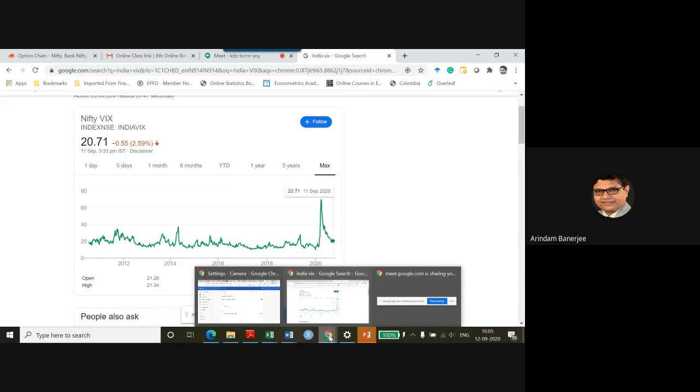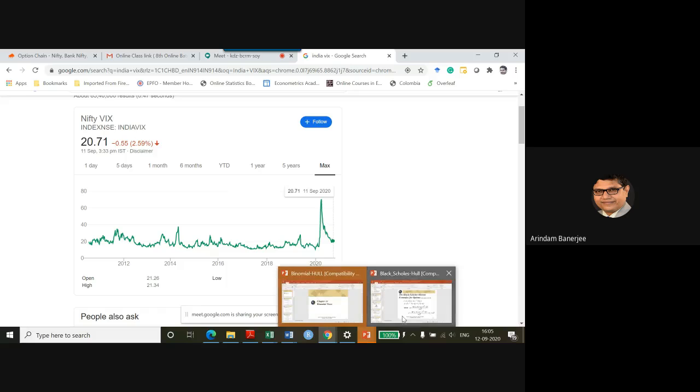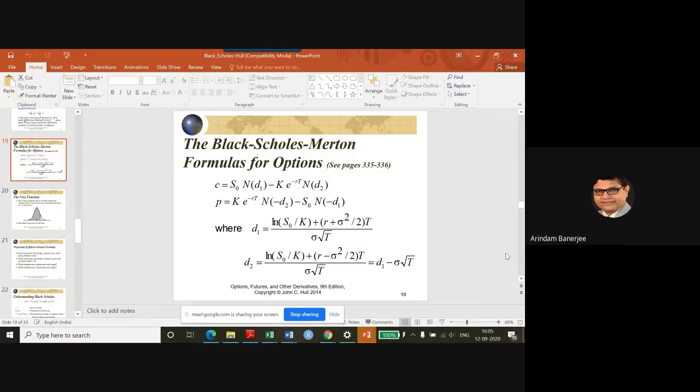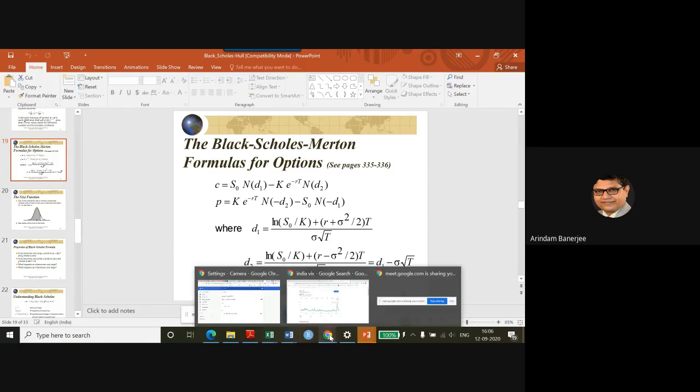So, coming back, can we use this number as input to the Black-Scholes model and calculate the premium for any given strike and time to expiry? Yes, we can do that. We will do that. So this is the Black-Scholes model, we are coming back to that. This is the Black-Scholes model, so we can put the values here. Now, before going on, there is one thing I want to discuss,